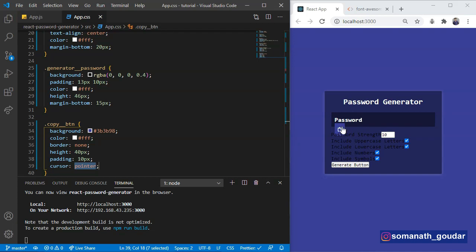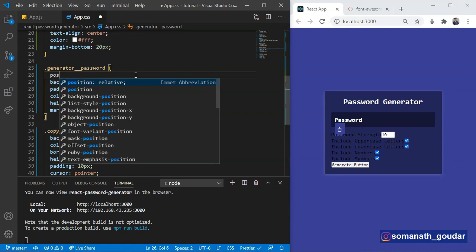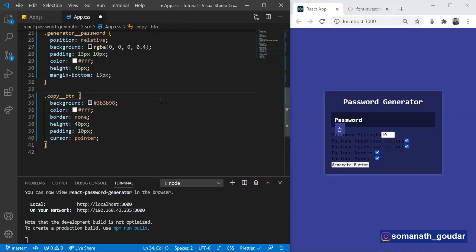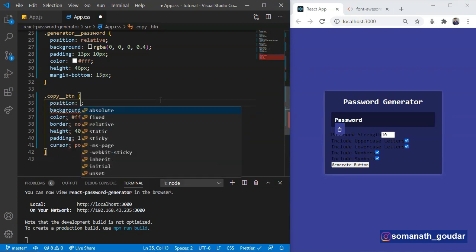As you can see, that it is coming a little bit downside and it is out of this container. Let's fix that. Let's give this generator password a position of relative, and let's give this button position absolute.